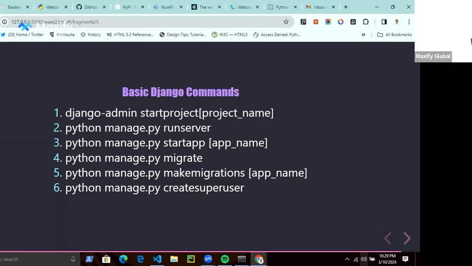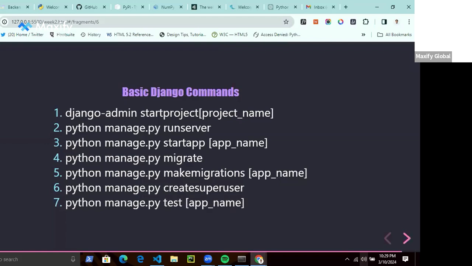So once you start a Django project, you can run the createsuperuser command for you to create a super user in the admin interface.